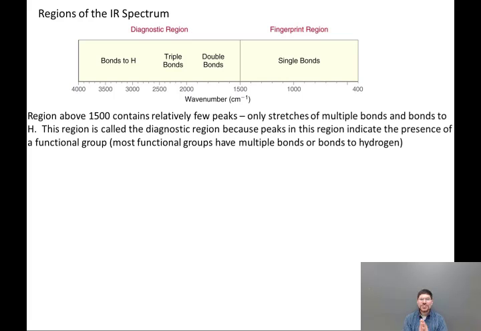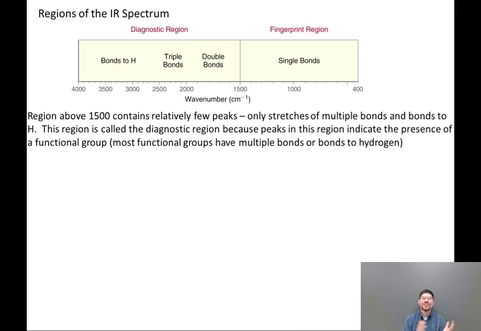So most functional groups have either multiple bonds or bonds to hydrogen as being characteristic of that functional group. Think about it: carbonyl has C=O double bonds, alkenes and aromatics have C=C double bonds, alkynes and nitriles have triple bonds,